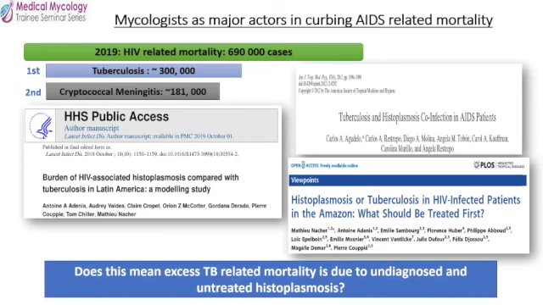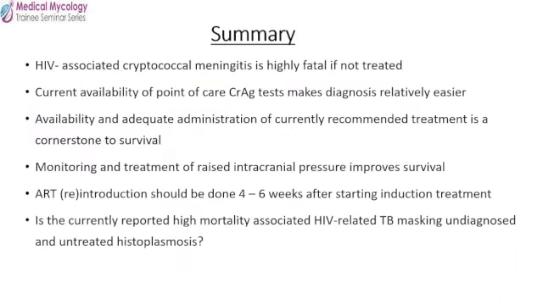and untreated histoplasmosis. I just want to challenge all of us that when we look at the reports about mortality associated with HIV, there is nowhere where histoplasmosis appears. This doesn't mean it doesn't exist. So I'm bringing back this discussion to us that we should consider looking for histoplasmosis in cases of suspected TB infection. So at this juncture, I will just summarize by saying that HIV-associated cryptococcal meningitis is highly